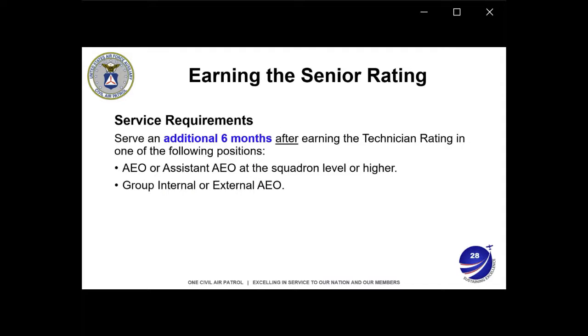And your service requirements are to serve an additional 6 months after earning your technician rating in one of the following positions: the Aerospace Education Officer or Assistant AEO at the squadron level or higher, or as a group internal or external Aerospace Education Officer. So within 1 year, you could earn both your technician and senior rating, which is uncommon for most of the specialty tracks in CAP. Most of the specialty tracks you need to serve 12 months in order to earn your